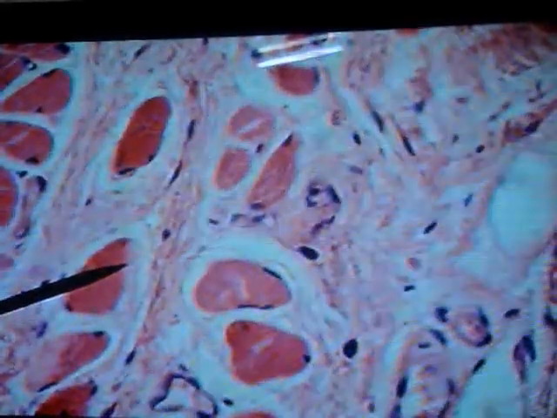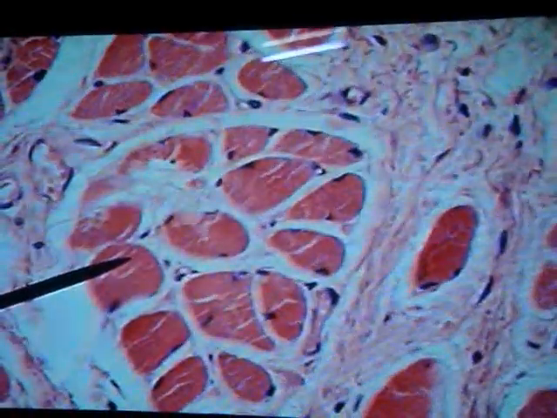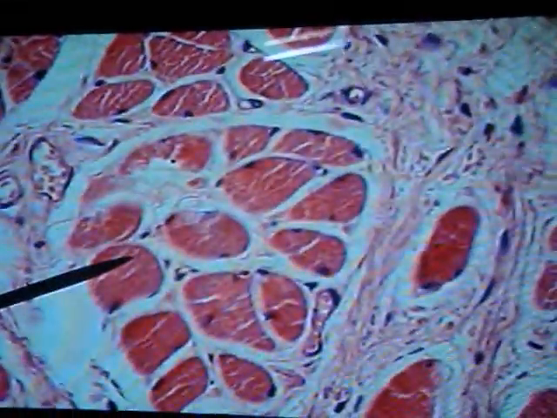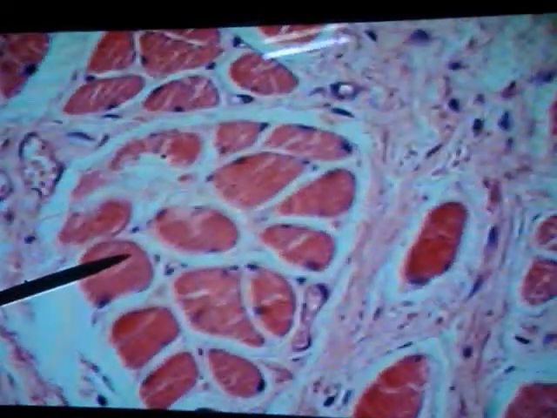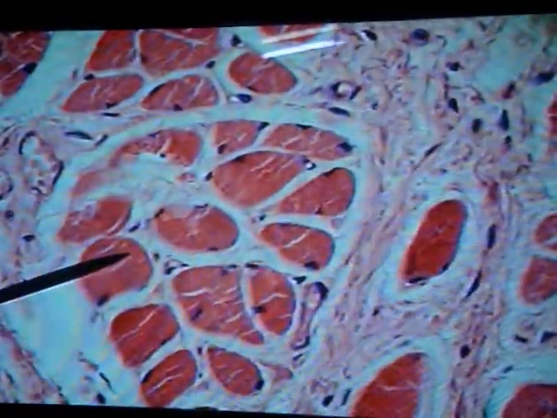You can see where the nuclei are placed here. These are multinucleated, peripherally placed nuclei, and you can also see striations in the muscle fibers. So these are all skeletal muscle fibers, not smooth muscle fibers. So don't confuse this layer to be the muscularis mucosa. In fact, because of the presence of glands, this layer of skeletal muscle fiber present in the pharyngeal wall got disrupted and displaced, and lies above the glands, appearing to be the muscularis mucosa.